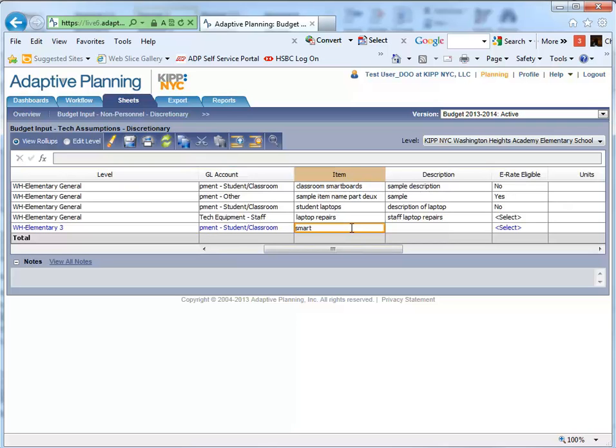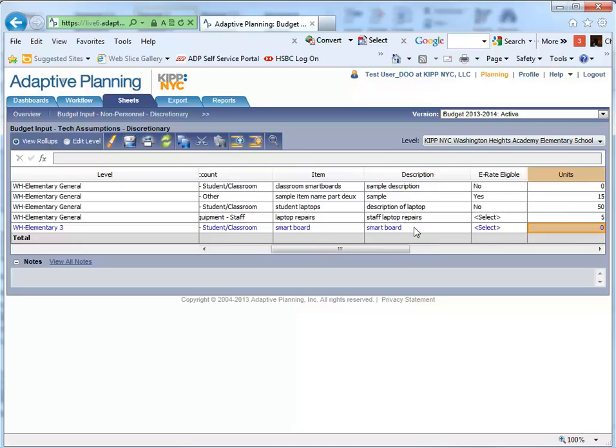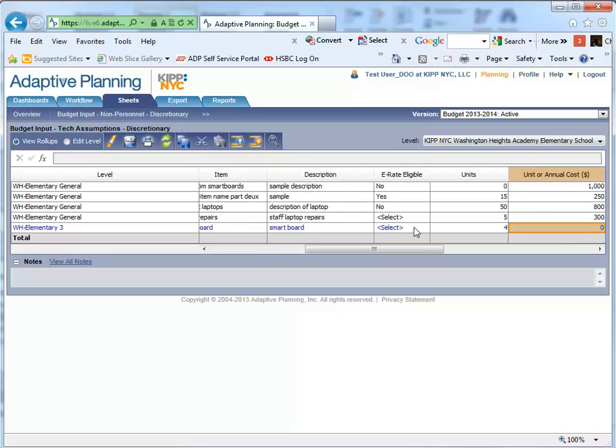This is a smart board. I'm adding its description as Smartboard because I don't know the technical name. The tech team would. But the item description and the purchase description are going to be the same. Smartboard here. I'm going to leave E-rate eligibility blank, and remember that I'm going to purchase 4 of these,